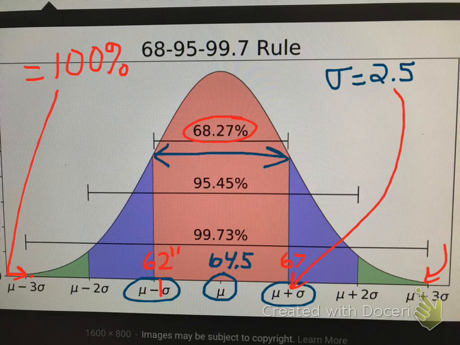Now, that's the 68% rule. The nice thing about this normal distribution is that the area under the curve is equal to the percentage or the probability of these measurements. Now, if we go 2 standard deviations from the mean,